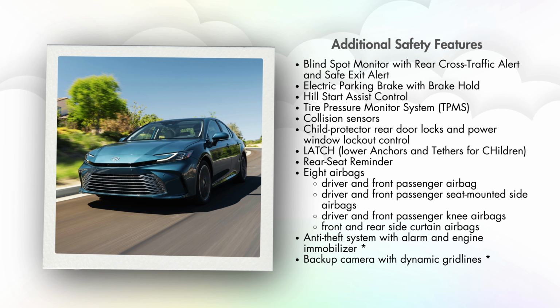individual tire location alert, collision sensors, which will deactivate the high voltage traction battery, child protector rear door locks and power window lockout control, lower anchors and tethers for child seats. This will include lower anchors on the outboard rear seats and tether anchors on all rear seats, a rear seat reminder, a total of 8 airbags, an anti-theft system with an alarm and an engine immobilizer, and a backup camera